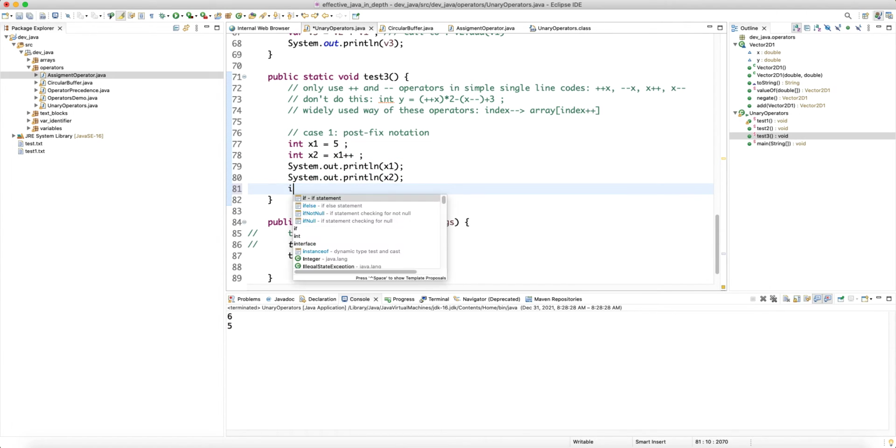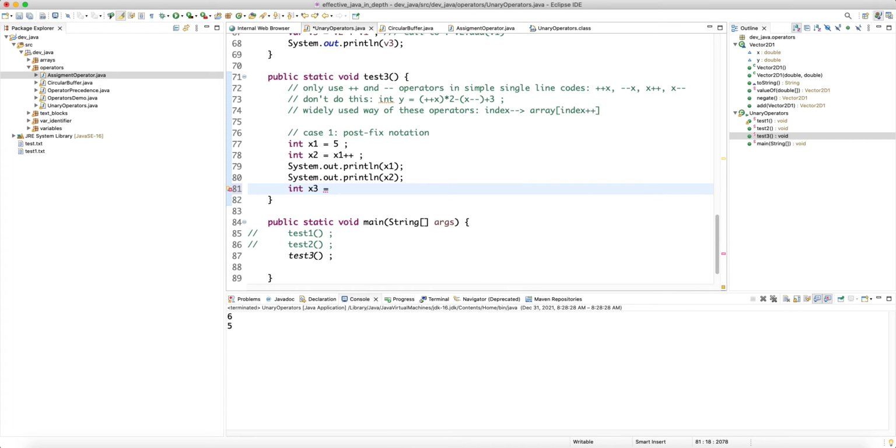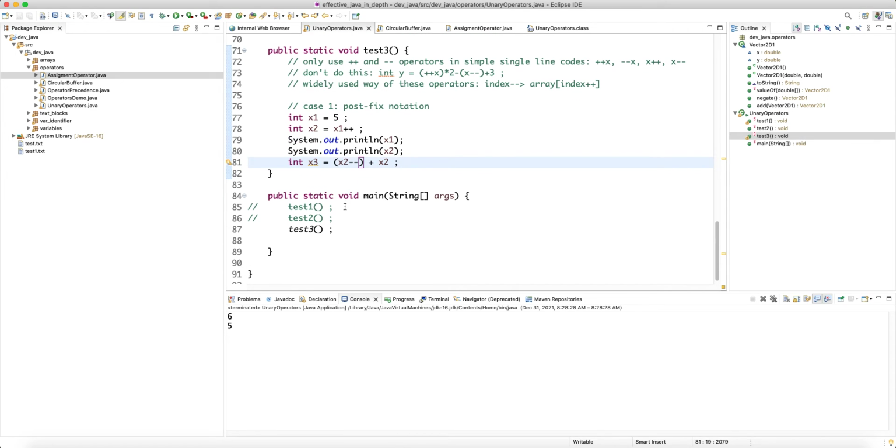Now, for example, int x3 is x2 minus minus plus x2. That's why I don't recommend using compound expressions. Something weird happens here, right? So what's going on here? You see, the assignment operator means you have to basically evaluate the right hand side first, and then assign the return value of the right hand side to the left hand side. So okay, we have a binary operator, and for binary operators,